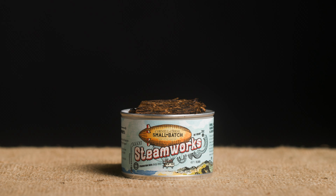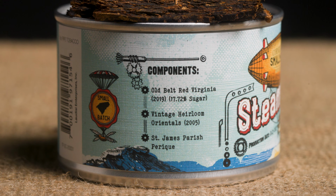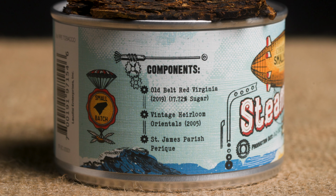Steamworks. Steamworks is a very labor-intensive blend for us to produce. It required a lot of steaming of several different components. It is a Virginia, Oriental, and Perique blend, but quite unique compared to other blends that we produce that also contain similar components. Starting off, it's got 6 different Virginia components, ranging in crop year from 2017 to